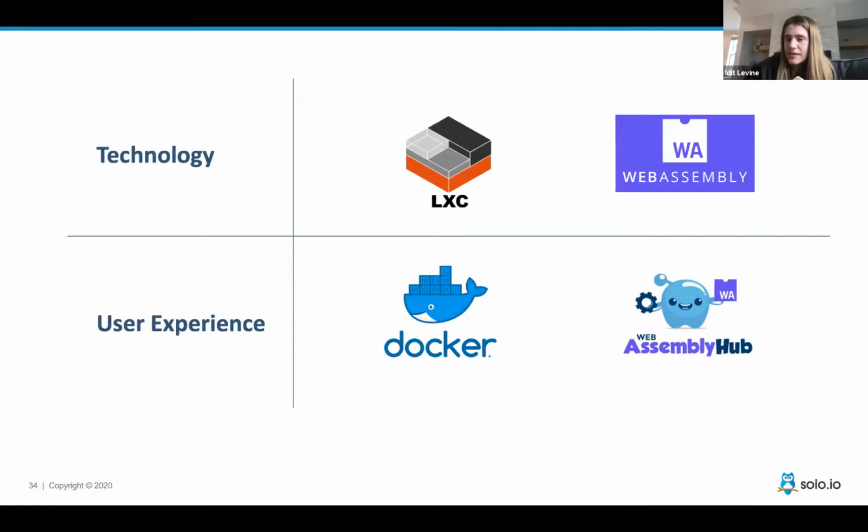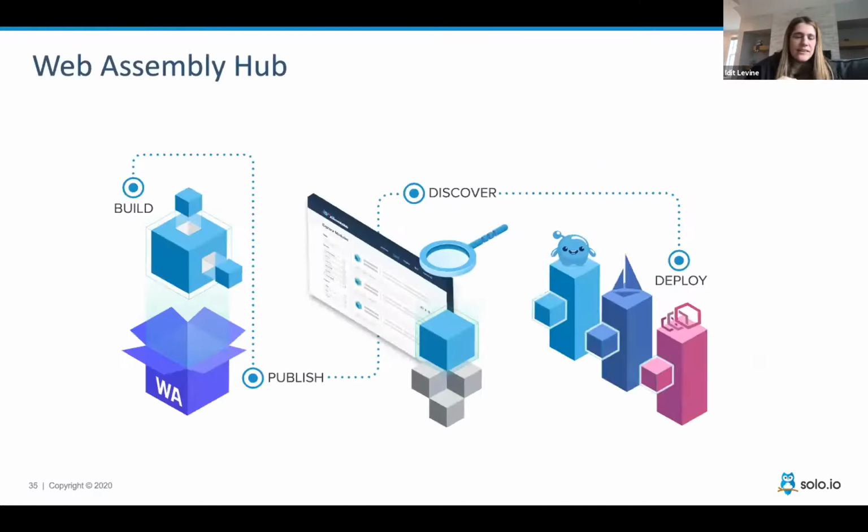And that's why we created something called WebAssembly Hub. And the idea is exactly like Docker. It's something really, really simple that you can actually do from a command line: write wasm, we call it wasm build, wasm init. You choose the language of your choice. You click in, it creates all the project that you need. Now go put the business logic and then do build. Then you can do pull and push, and then you can do deploy in all those. So either in Glue or in Istio or in just vanilla Envoy for your debugging.